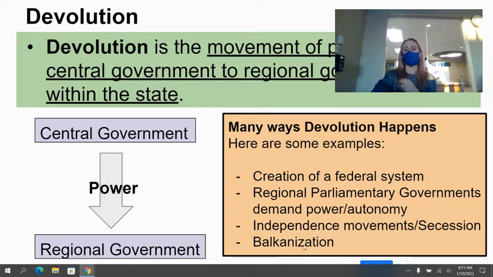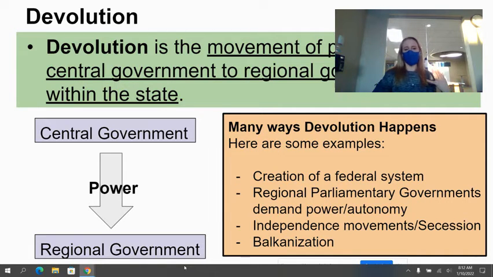And then we will be talking about this concept of balkanization, which I'll have you write down when we get to that. So devolution is just any movement. The confusing thing about devolution is that it is very much a spectrum. Anytime we see this shift of movement away from the central government to a regional government, that's devolution. And we talk a lot about devolutionary pressures within a country. So oftentimes countries will have regions of devolution, or they'll have devolutionary pressures from regional groups of people. And that can come in many forms.